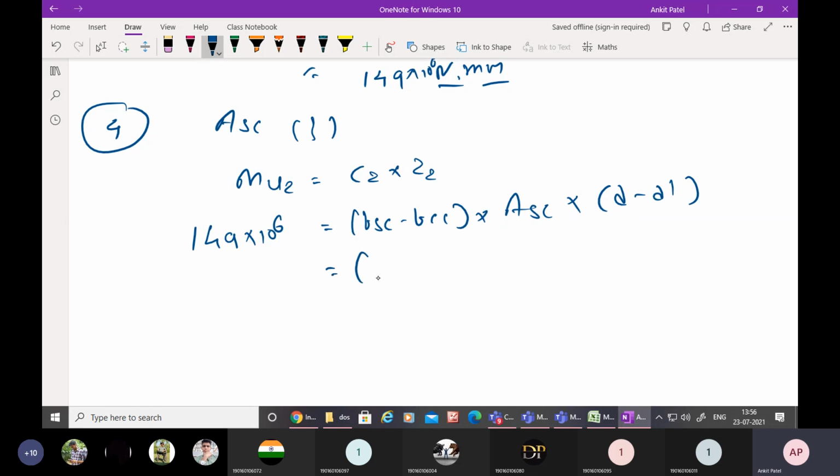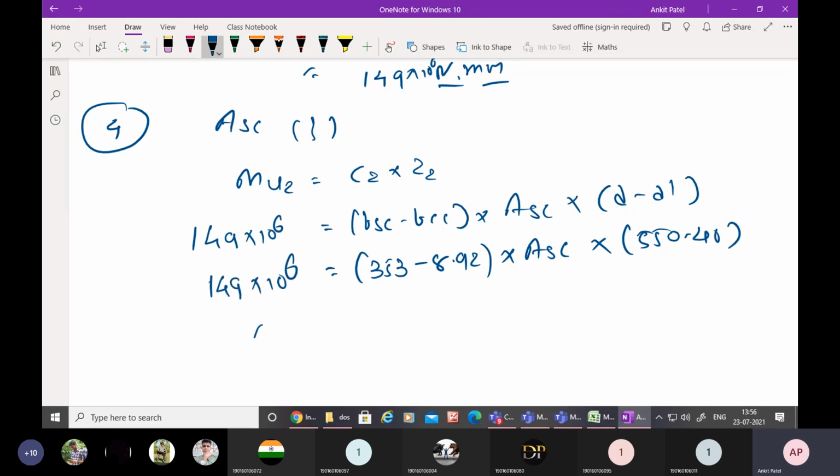Right now I am using 353, but you have to use 354 that we derived. So please use the actual value of FSC. D minus d dash is 550 minus 40, and this is equal to 149 into 10 raised to 6. From this we can easily calculate ASC, and that ASC is 852.11